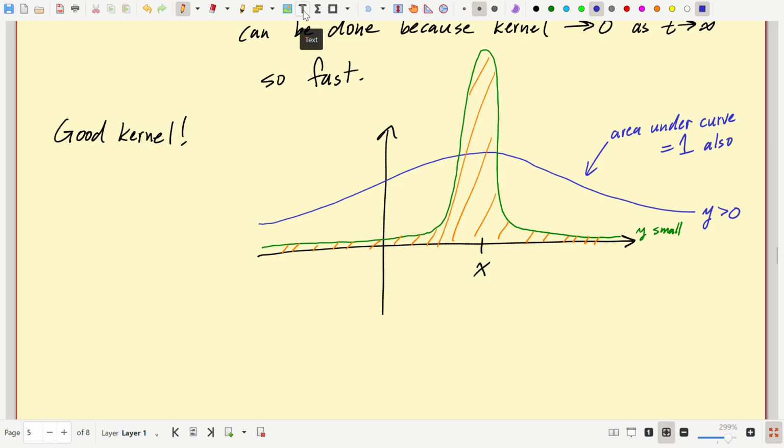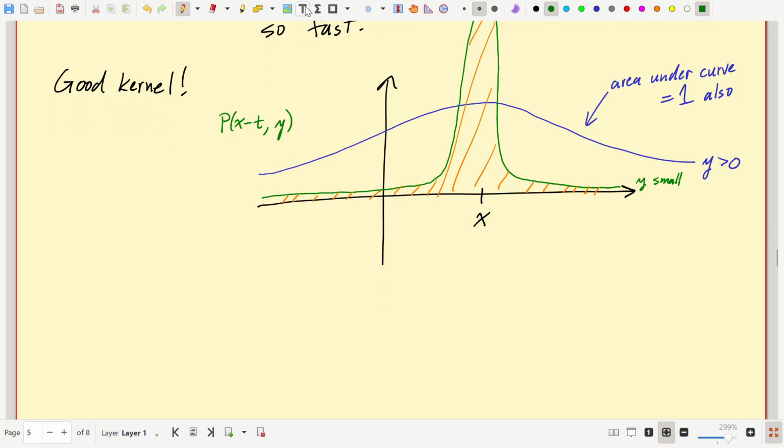But for small y, it gets greatly concentrated at the x. So this is a graph of p of x minus t comma y. And the standard good kernel argument, that I won't do this time, I've done it enough times,